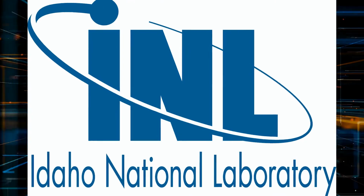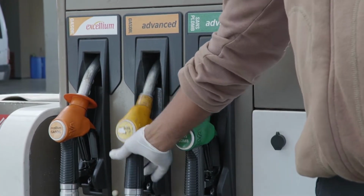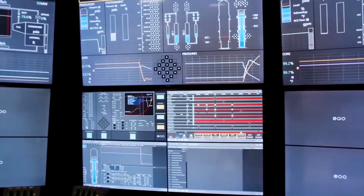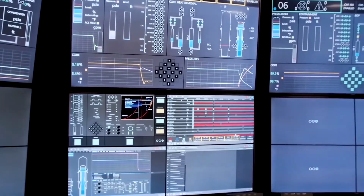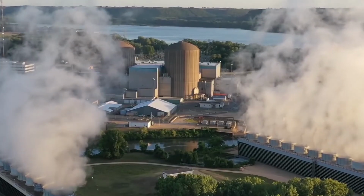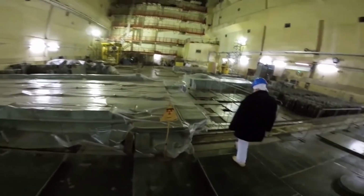And Jess Gehin, PhD, who is the chief scientist of the Nuclear Science and Technology Directorate at INL, says diesel fuel is unsustainable in some parts of the world, and wind and solar energy are unattractive or impractical. Clean and safe nuclear microreactors are emerging as the best alternative for these environments. Radiant's founder, Doug Bernauer, worked as an engineer at SpaceX, where he investigated energy sources for a Mars colony, as